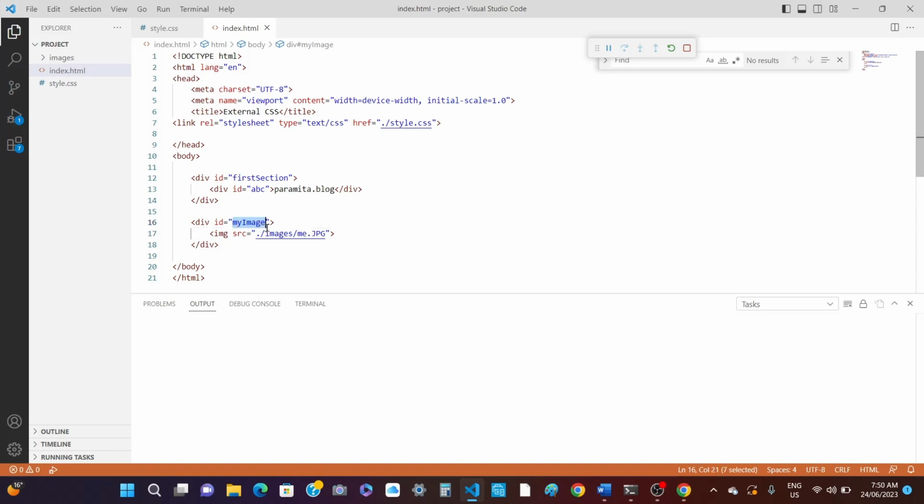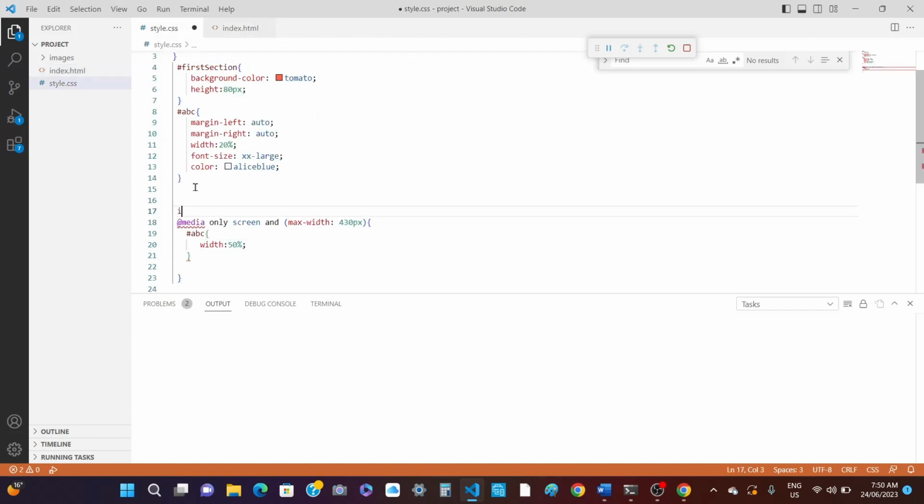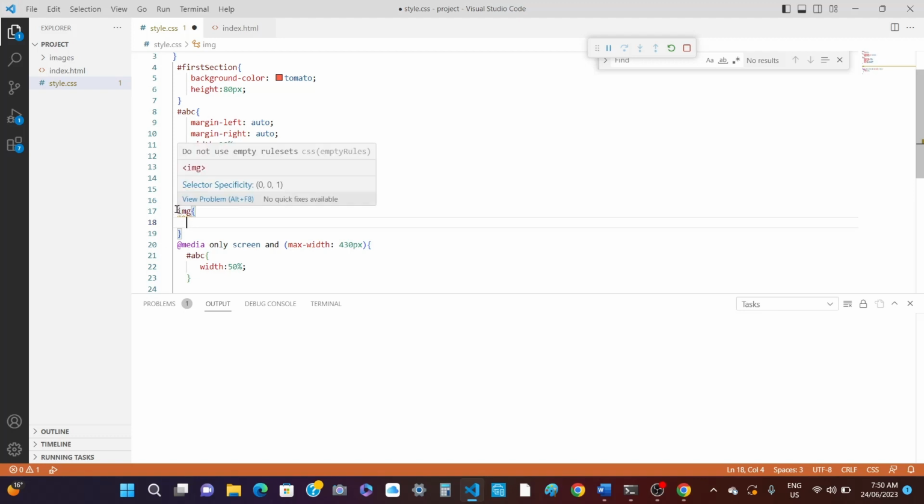It's my image div. Now because there is only one image, so I just can write img and then I can write the style. But if there was more than one image, what we have to do, we had to mention the id first. What was the id? Within my image, then img. So within this div, this image,